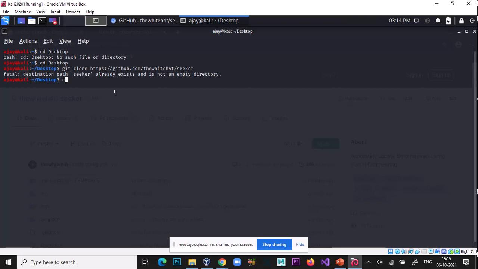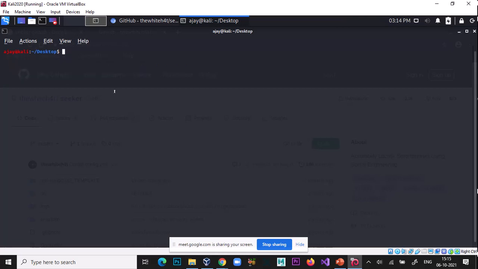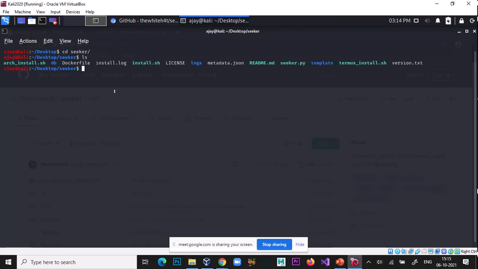So now type change directory seeker. Seeker is available here. Type ls for listing. Okay, so there is a file called seeker.py. It's a Python file.